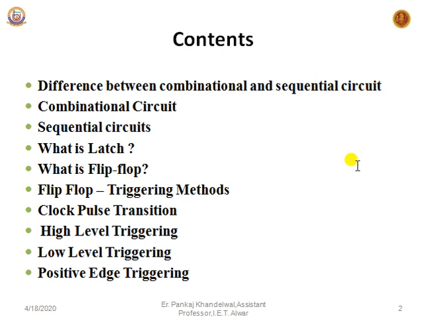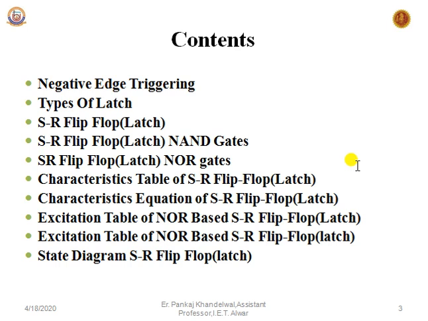The difference between combinational and sequential circuit. The combinational circuits are the circuits whose output depends only on the present state of the input, but the sequential circuits are the circuits whose output depends on the present state of the input and also on the previous state of the output. What is latch? What is flip-flop? Flip-flop triggering methods, clock pulse transition, high level triggering, low level triggering, positive edge triggering, negative edge triggering, type of